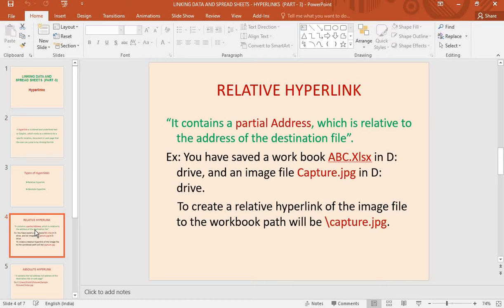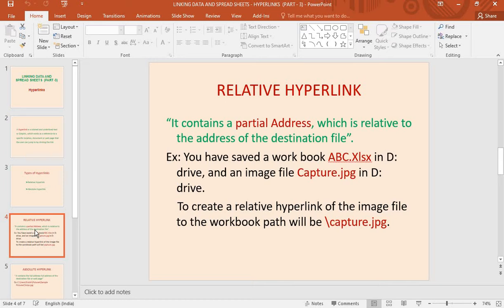For example, you have saved a workbook in D drive, and you have saved an image in the same drive only. In the drive means D drive only.